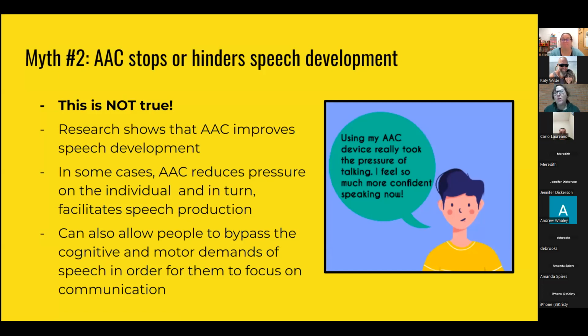Sometimes we get so involved, especially like, oh, what is that? What is that? Sometimes we can point to it, and it relieves the pressure that a child might feel in trying to give that verbal output all the time. So it's a great way for a child to communicate, and really it helps with the speech production.